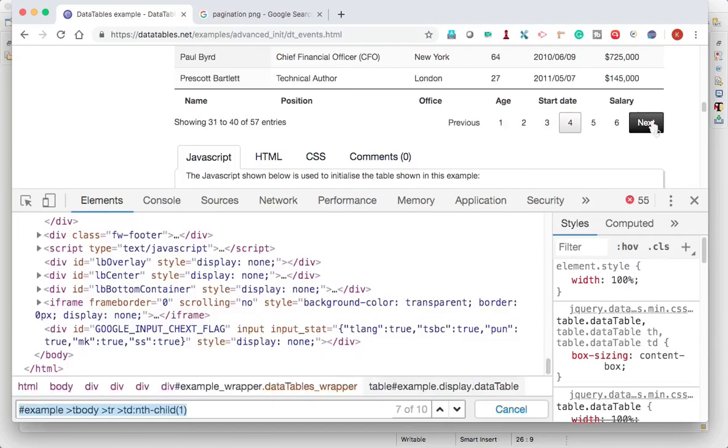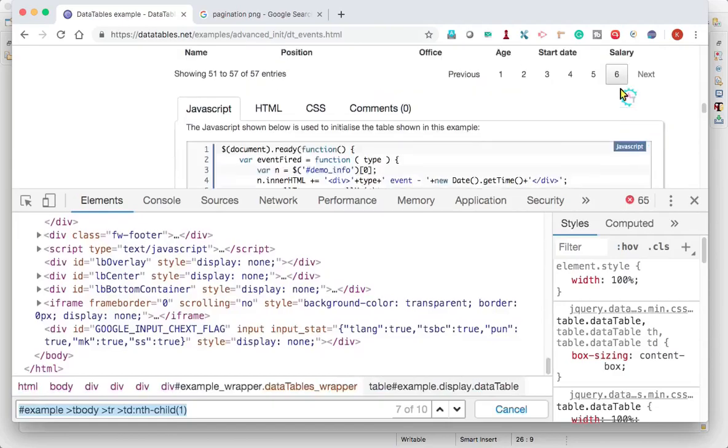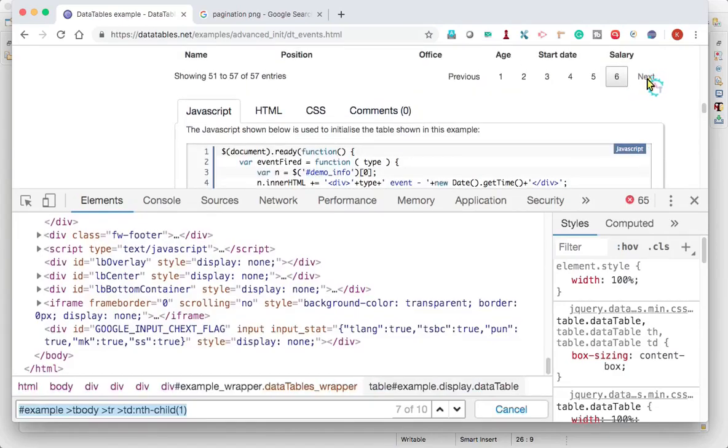Click, click, click, and it will reach the last page. After reaching the last page, I cannot click; you see that it is not clickable. When you go to the previous page, you see that it is clickable.